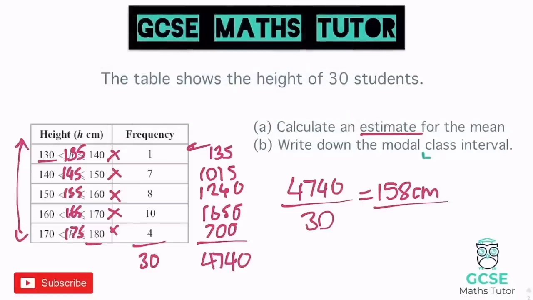Now the word class just means group, so it's the modal group, which group is the most common, and that's here with these 10 people. So all I have to do is write this group down here. So the modal interval,